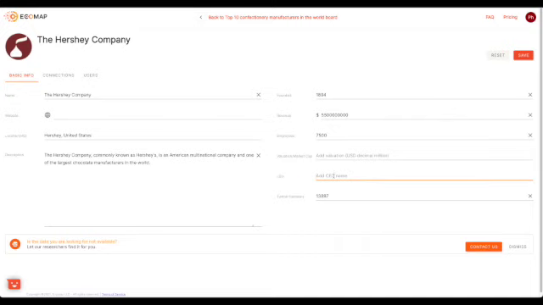In this case, it is a gentleman called Michael Buck. He's actually the chairman, CEO, and president of the Hershey Company. So we can add that in. We just need to then hit save, and that will be saved into the details page. We can now head back to our map,